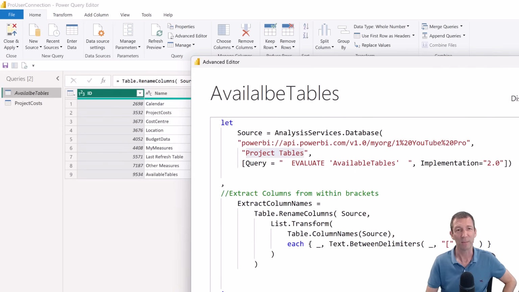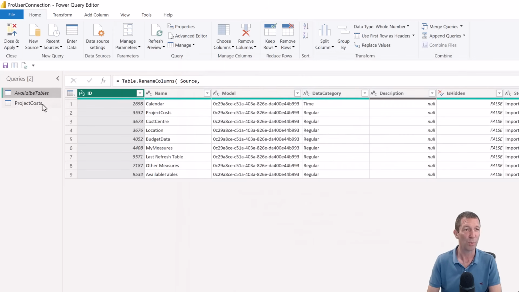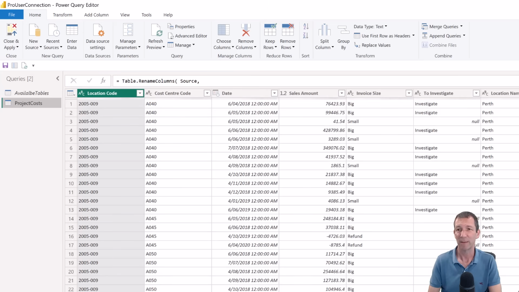This is the magic little bit. This connector, analysis service database, and then this square bracket query equals evaluate, and this bit, available tables, is actually the name of a table. I'll show you how I created that. But if I cancel out of this and go to a more relevant one,